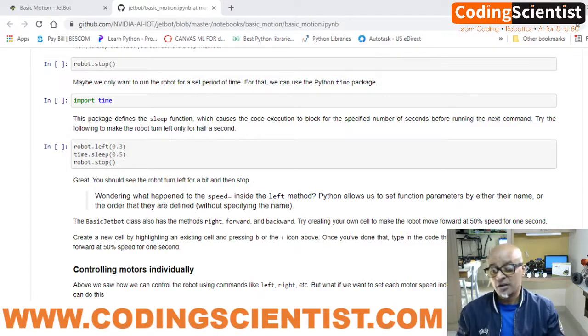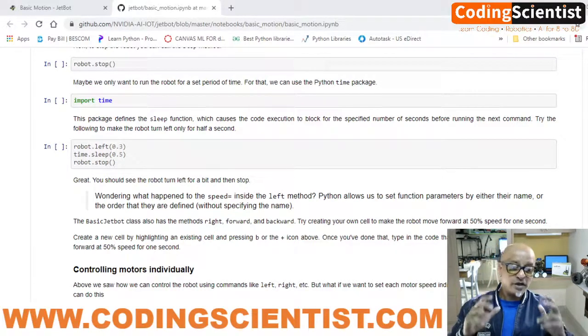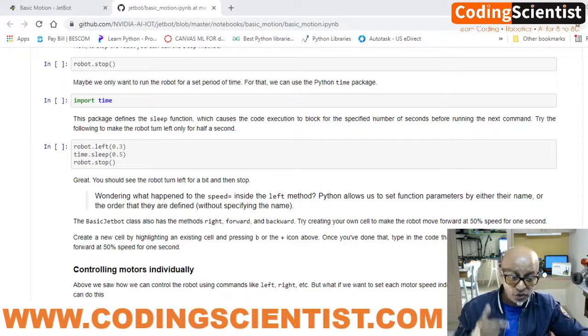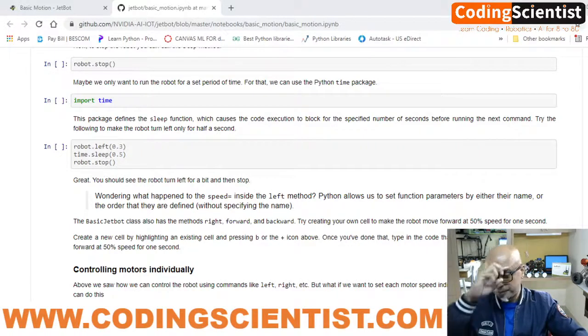That's where the time function is used. In the case of JetBot, we are using the time library to run the motor for a specific duration of time, which means you can define how long you want the JetBot motors to spin. So that's the purpose of this time function we are using in JetBot.